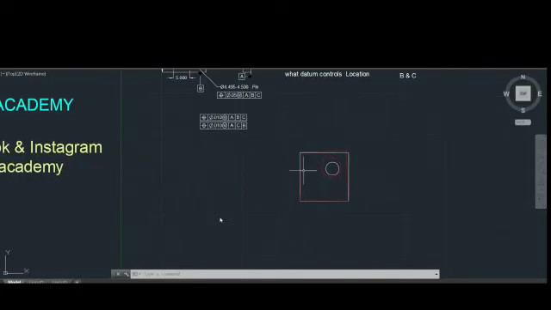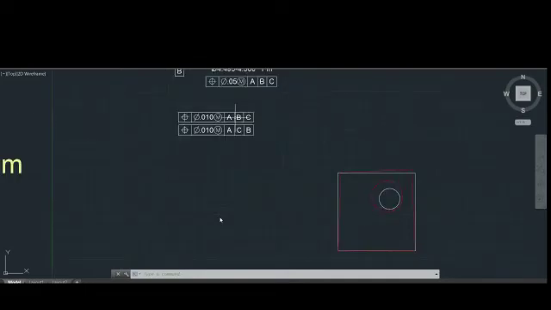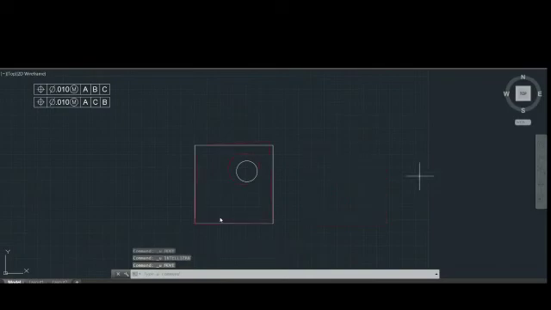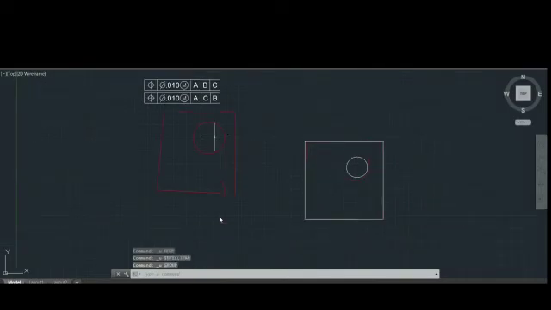So our manufactured part, or our specification for assembling this part on the given part with a pin, is a perfect one.